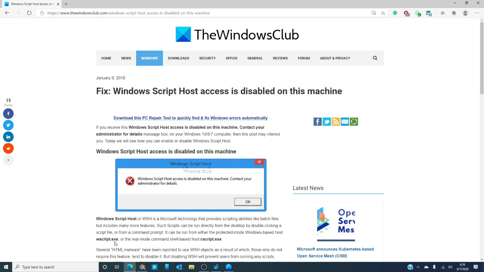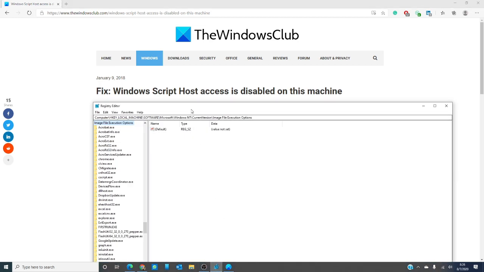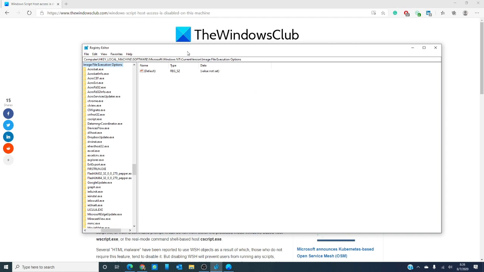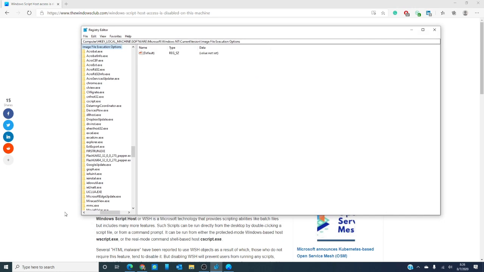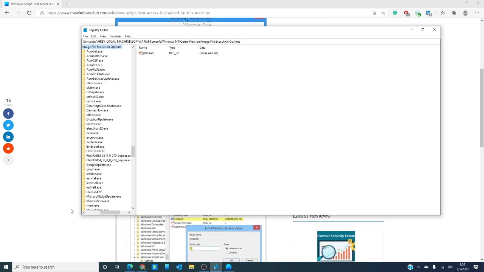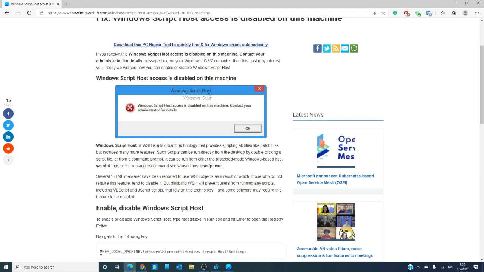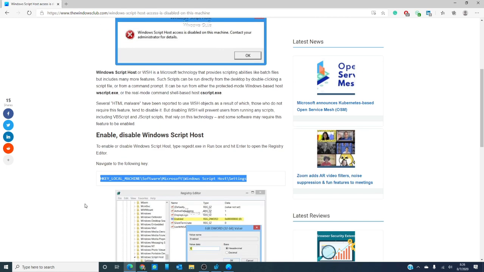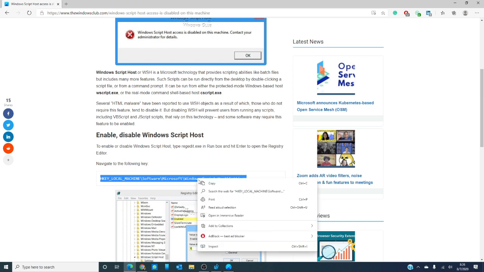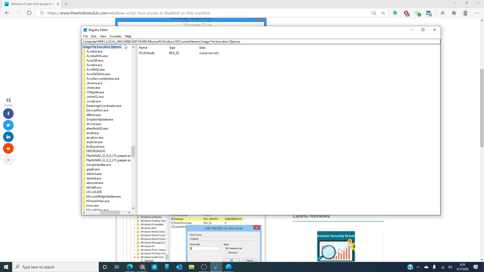Now, the process is the same either way. We are just changing a value. So, let's start by opening a Run box and then opening the Registry Editor by typing regedit.exe. Then navigate to HKEY_LOCAL_MACHINE, Software, Microsoft, Windows Script Host, and Settings. So I'm just going to copy this, go to my editor,